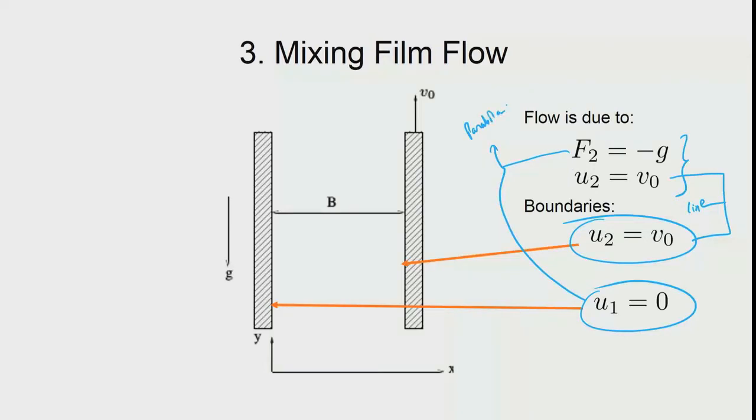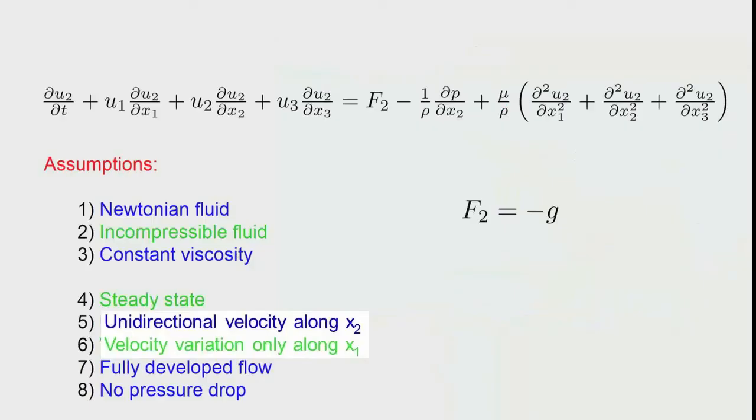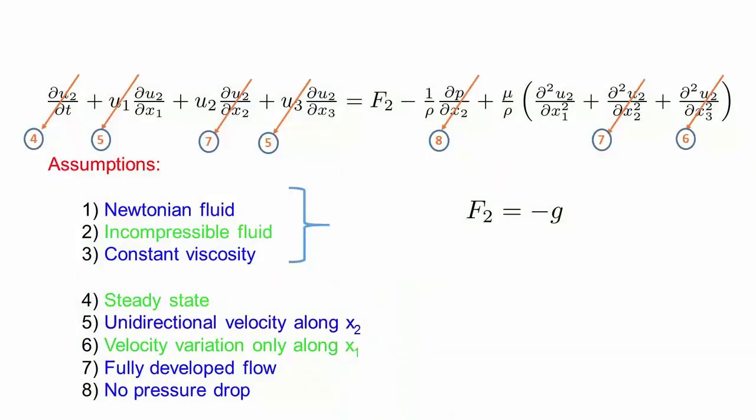So, which means that we can predict already what the solution should look like, and we would actually do the same exercise, and we see that the equation is written for them, and we knock off the terms in the same way. That is because of the velocity being in only the x direction, whereas variation along x2, which means that I remove this fully developed flow, then I remove this term, and then there is no pressure drop. So, I remove this term.